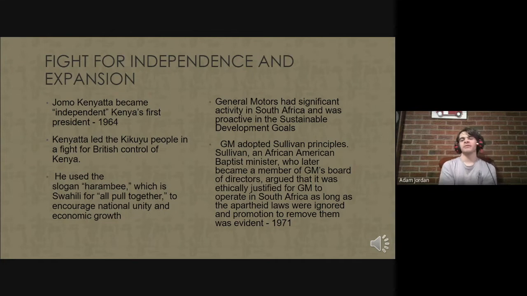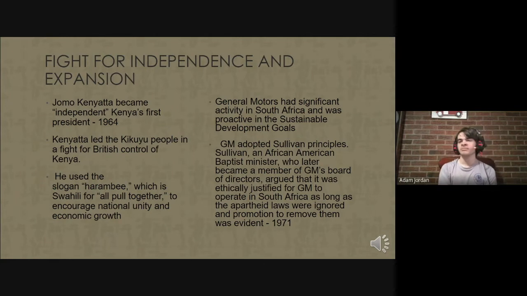But what's more important for the economic side of things, in my opinion, is actually what General Motors did, and how they had a lot of effect in trying to develop South Africa, and even adopted principles by an American Baptist minister who argued that they could ethically work in South Africa as long as they adhere to certain rules, and they did not adhere to the apartheid laws, which were a series of laws in South Africa about